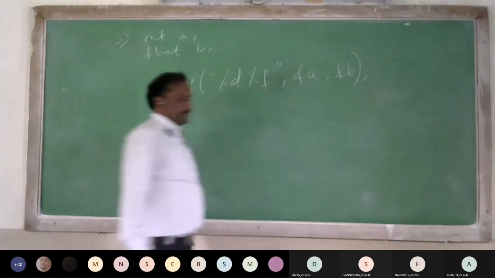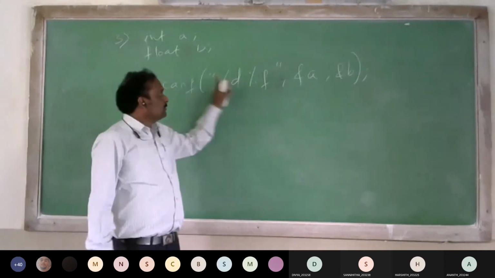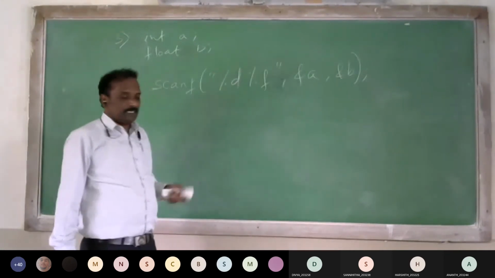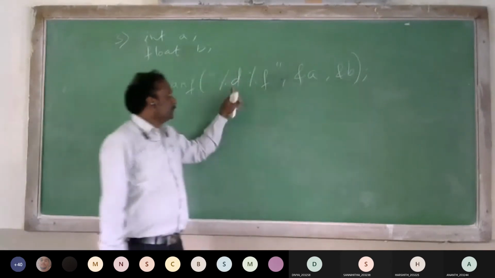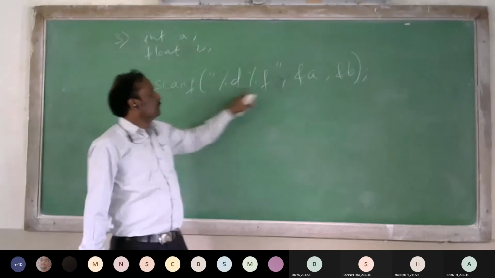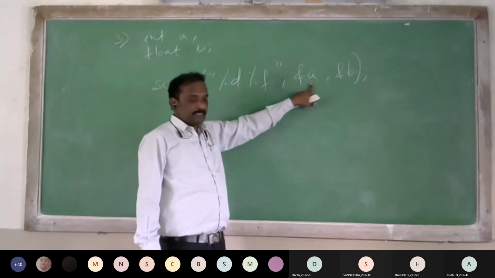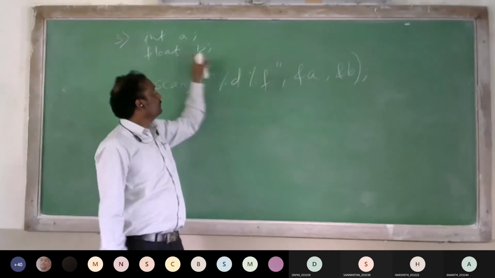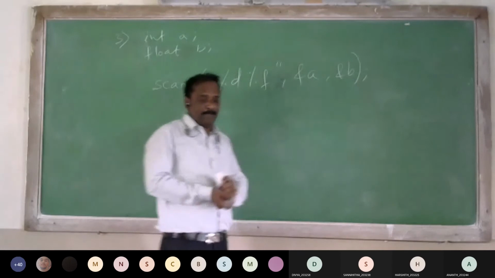The %d and %f are the format specifiers, and they should be enclosed inside double quotation marks, comma, address of a, comma, address of b. How many format specifiers are there? Two. %d is for integer variable a. If %d is first, then the variable should be first. Then %f is for float b, and then you have to read the value for b.